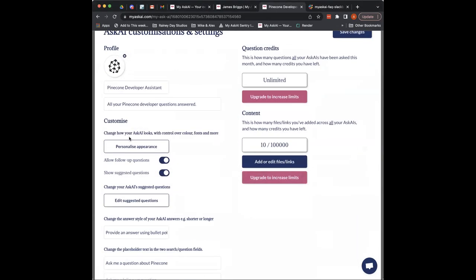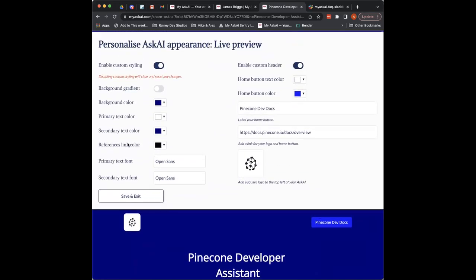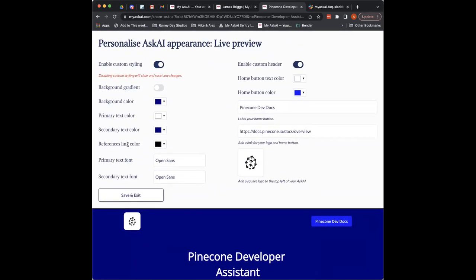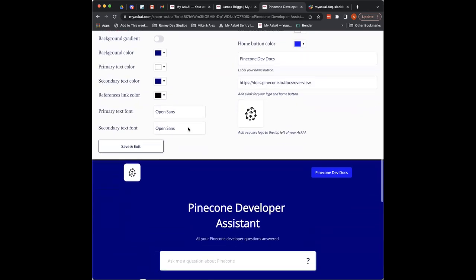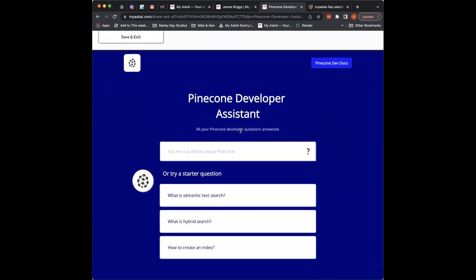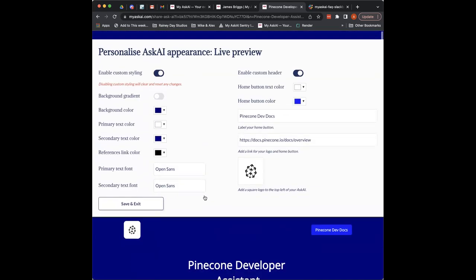Then we're going to go even further, and we're actually going to customize how this thing looks, because Pinecone's a brand, they're a company, they want this thing to look how they look. We provide each AskAI with a public or private page that they can use, and we give you the URL that you can just share with anyone you want. And then you can customize a bunch of things like the logo, adding this nice CTA with a link back to the dev docs, the colors, the fonts, a bunch of other things. So you can start to see this looks a little bit like some of the Pinecone components on their website as well.